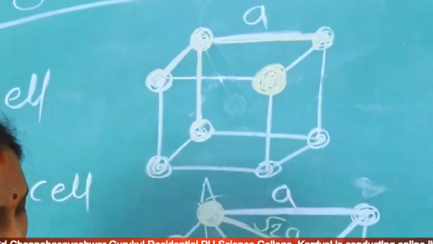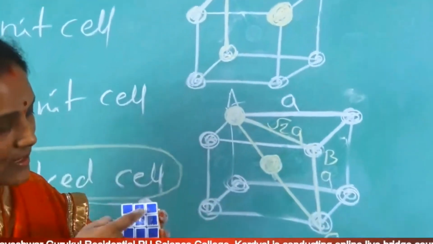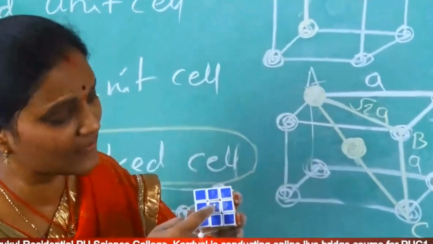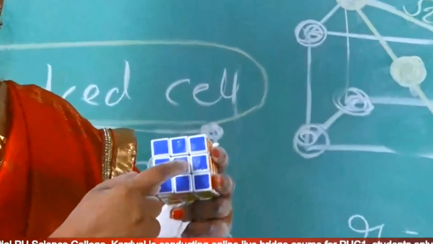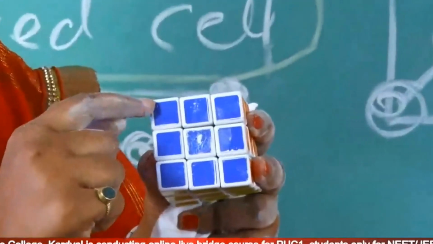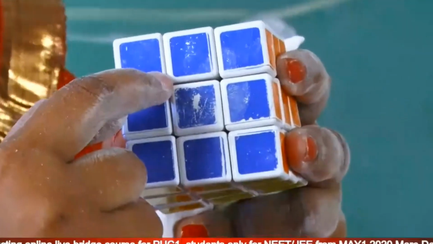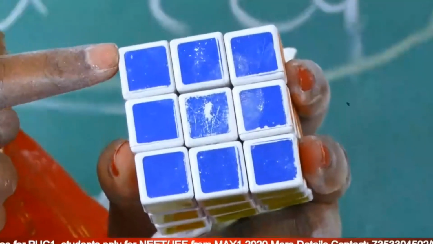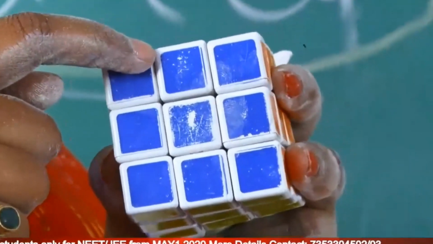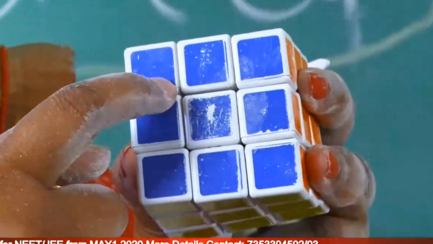See this unit cell. This is the nearest neighbor. This will come as next nearest neighbor. Here one particle is there. This is the nearest neighbor. And this one will come as the next nearest neighbor. Only this cube, imagine. Here one particle. This is the nearest, it is in contact. But this is a next neighbor. Okay. Now this is next neighbor.